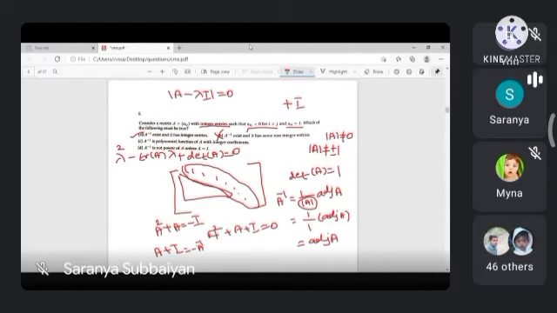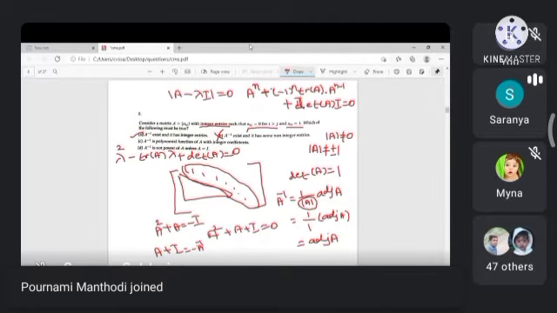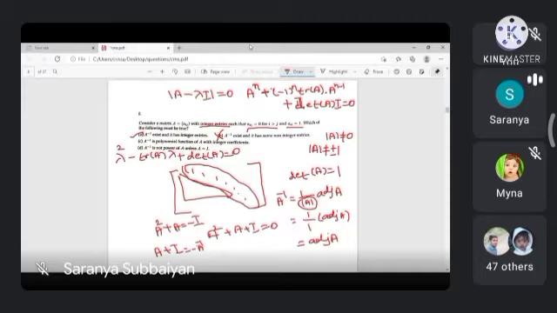Ending with I means determinant of A into I, in matrix format. Suppose A power n plus, minus 1 the whole power n trace of A into A power n minus 1 plus and so on. Here also minus 1 the whole power n, alternating plus and minus. The last one is determinant of A into I, equal to 0. This is the characteristic equation, right? The first one is the trace, the second one is the sum of the eigenvalues. This is connected with the theory of equations, roots.